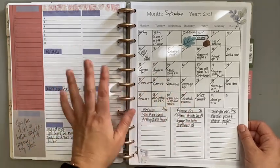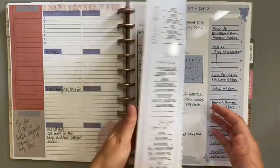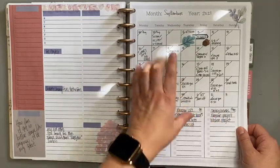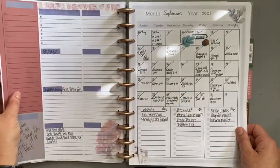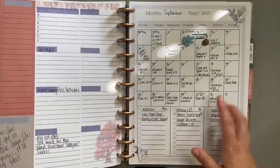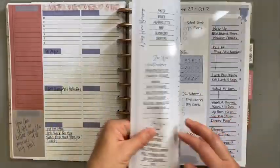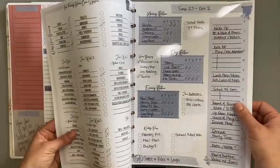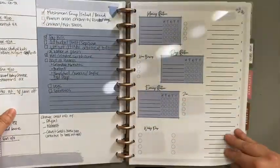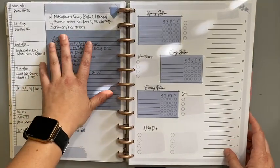So I'm not going to do that here on this video, but a lot of times for my monthly, I'll also just look over the old calendar. I'll look over the calendar in our home and the calendar online that my husband and I use and fill this out as well. So again, I just have some older, later in the week September sheets, because some of the things on my list for Sunday hadn't gotten done yet,